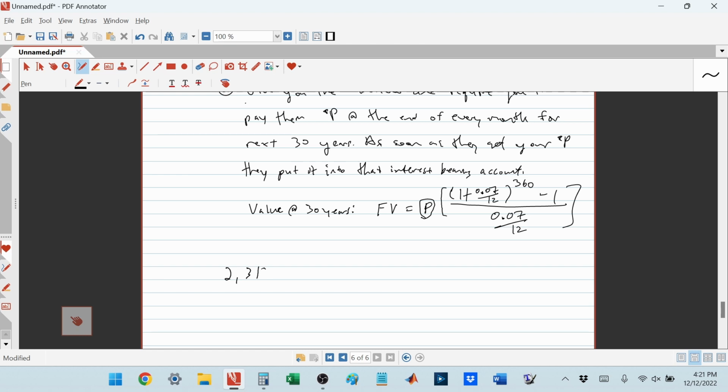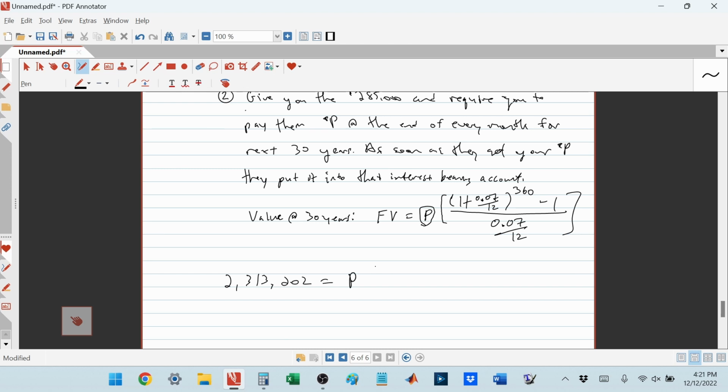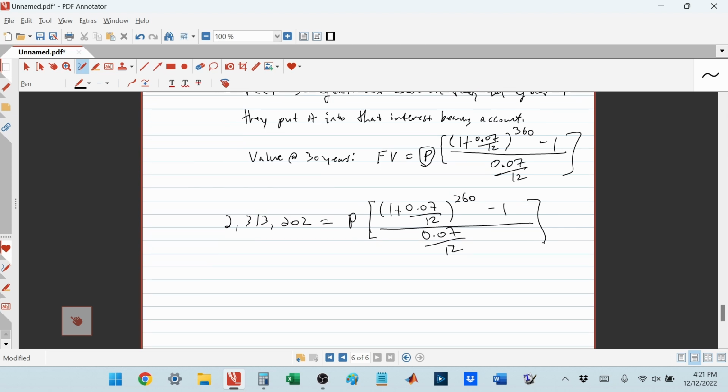So just set the value of option 1 equal to the value of option 2. In other words, they're going to charge you an amount P that solves this equation. The amount they're going to charge you per month is approximately equal to,